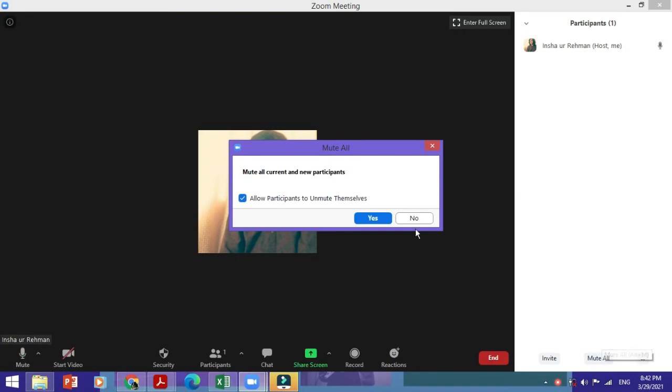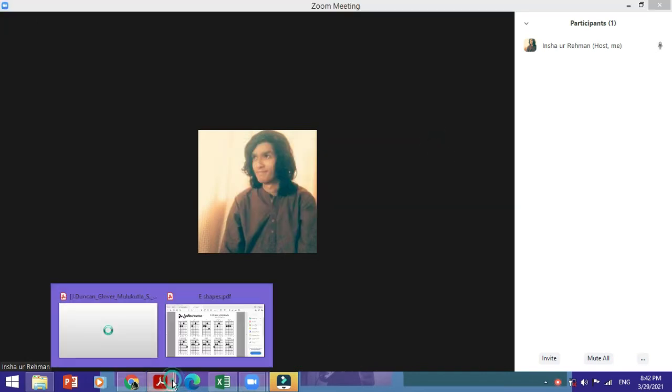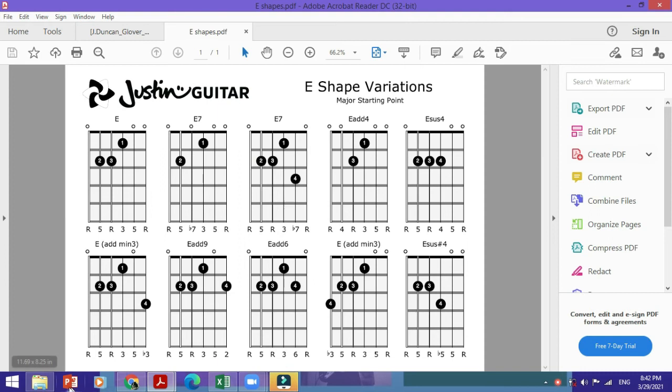You could always go up to the meeting itself and click on mute all and every participant would be muted. And here, if you click that, of course, you would have this option to allow the participants to unmute themselves or not. But the thing is that if you're presenting, let's say you're presenting some PDF